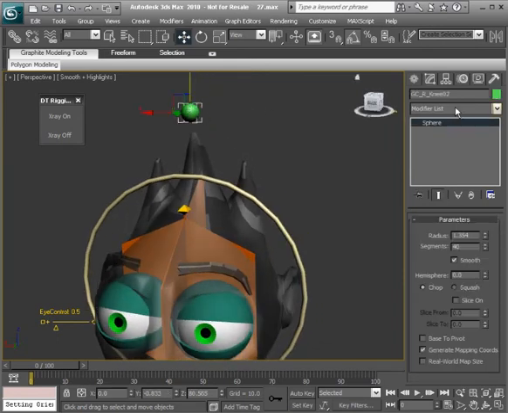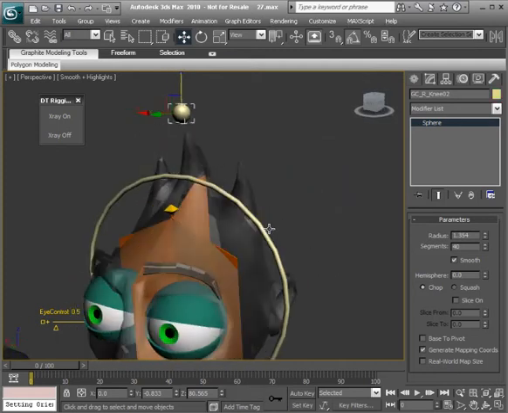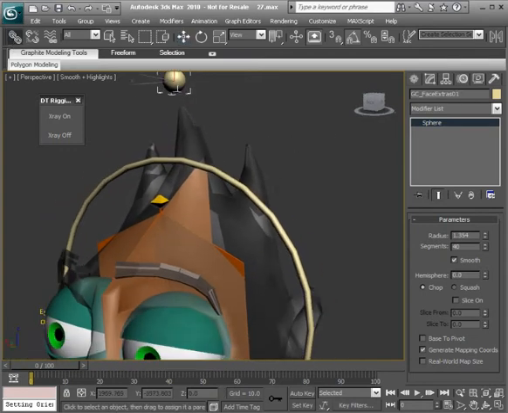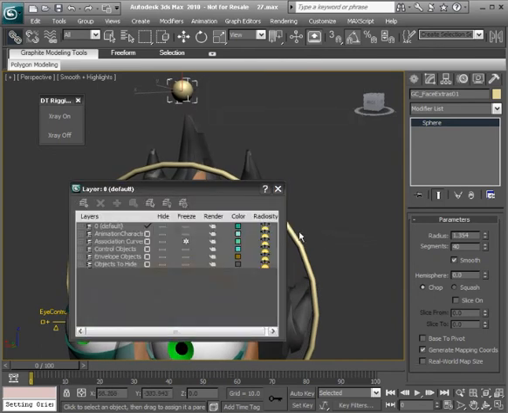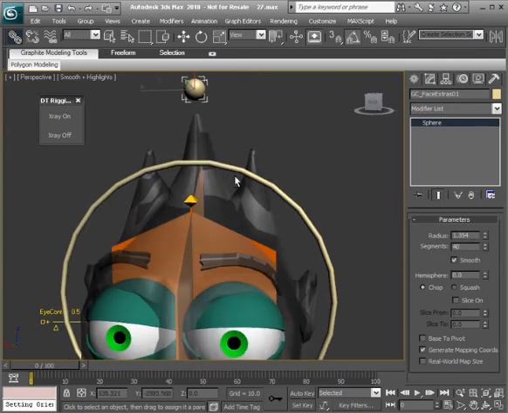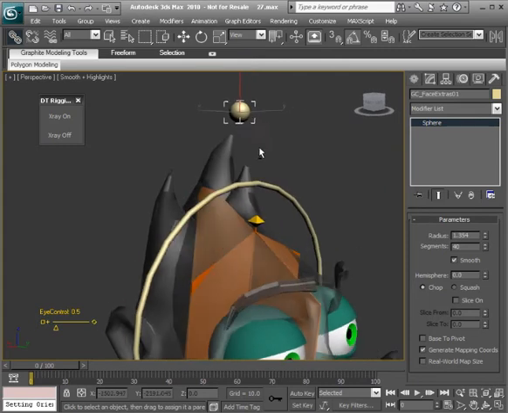Okay, so now that that's done, we can recolor this. I'll use the same dull yellow we've been using. We can rename this. That's going to be GC underscore face extras 01. We'll link this now to the head bone. To do this quickly, I'll go back to our layer manager and freeze the character. What we'll also want to do from here is make sure we cannot move this object at all. It's just to access